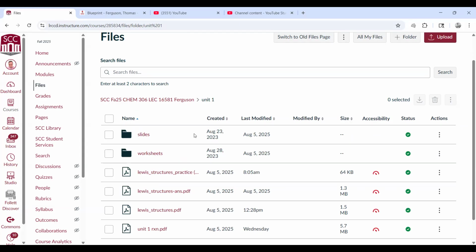You're going to be practicing a number of those Lewis structures. And I give you the answers also. You're saying, Ferguson, why are you giving us the answers? I said, because I want to make sure that if you're doing them on your own, you know whether you got the right answer or not. Because the purpose of Dry Labs is to help you learn the material. Because the basic goal is doing well on tests. So everyone should get 10 points out of 10 on Dry Lab 1 and 0, unless you don't want 10 points.